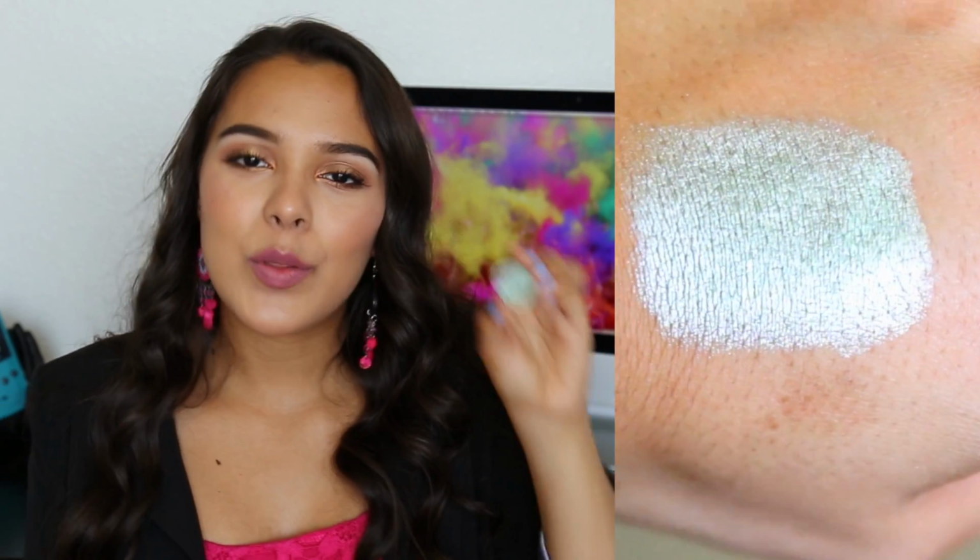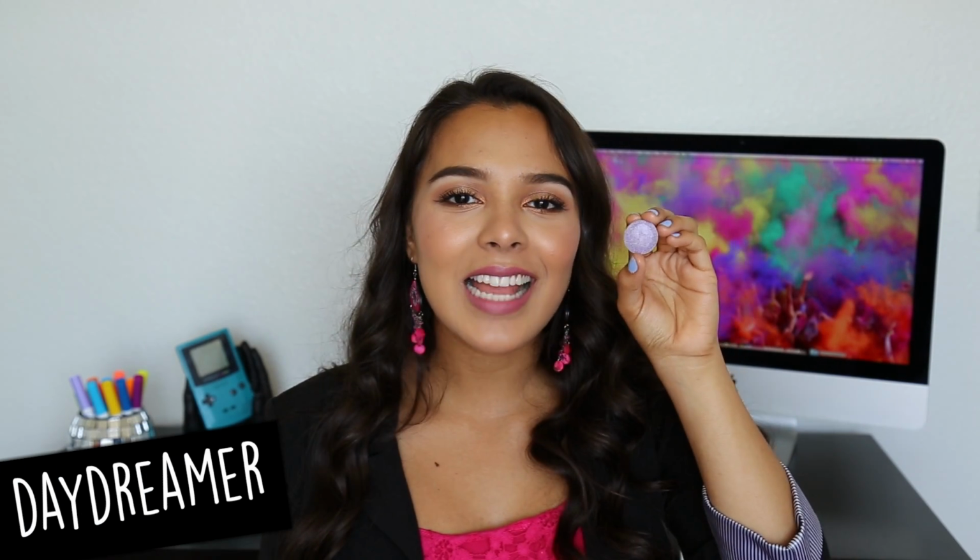They're just like wow. What we have here is called Fantasy, and this is just a beautiful minty green color, kind of like a wearable green. It's not that crazy green that you're kind of afraid to try out. No, this is a very subtle but wearable green. So this is Fantasy. The next one I have here is called Daydreamer, and this is such a pretty lilac-y